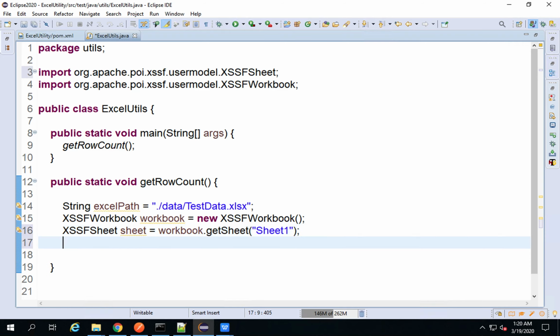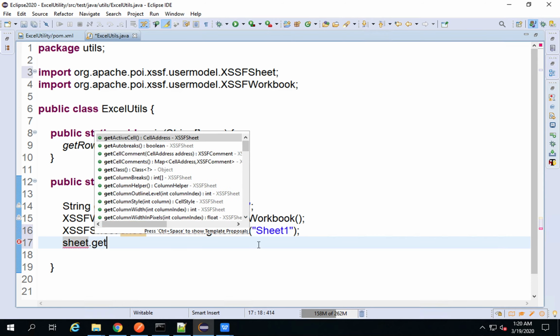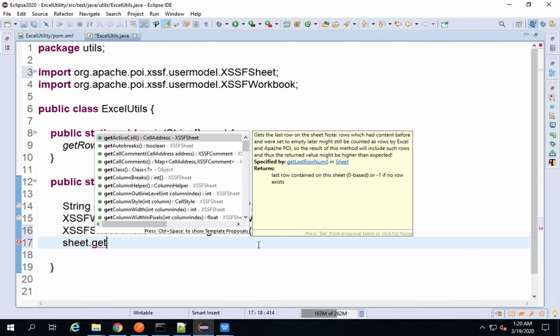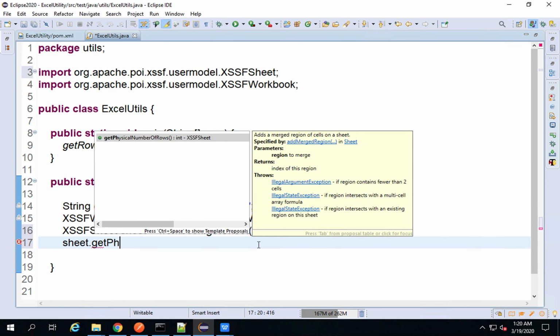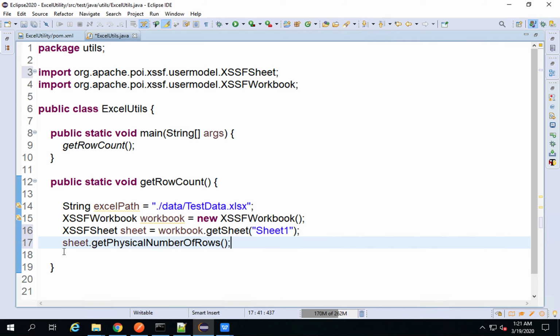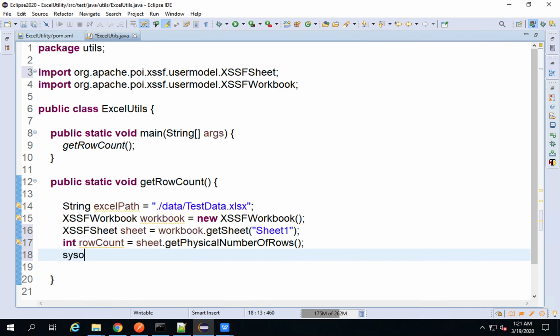and now to get the row count I will say sheet dot, I can say getLastRowNum, or I can also say getPhysicalNumberOfRows, and this should give me the row count. I will store it into a variable called rowCount, and then I can print to verify. I will say number of rows, and I will print the rowCount here, and to check I will run this,